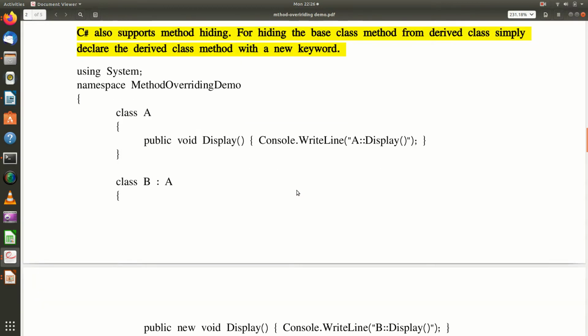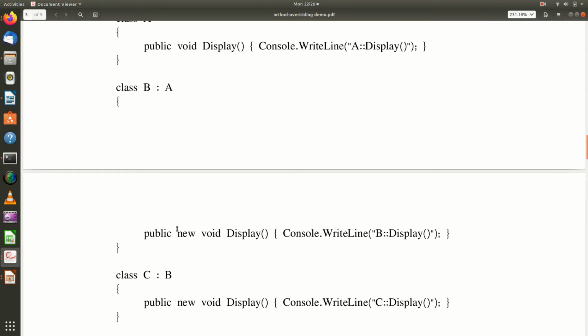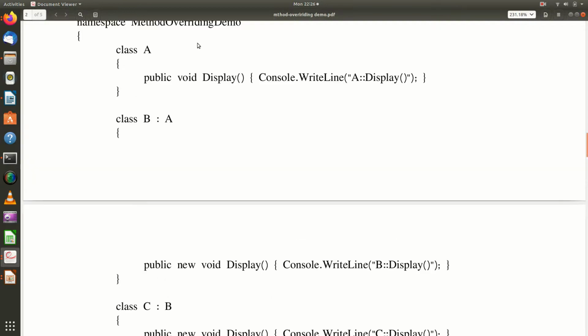So this is what happens when you are going to hide the method. Now I will tell you when we will be using this new. If suppose you have declared the base class and you are going to declare the derived class, you know how to handle both the methods. But imagine the method is already defined outside your program. You are going to use it from some kind of library which is already declared. You want to redefine that particular method in your derived class.